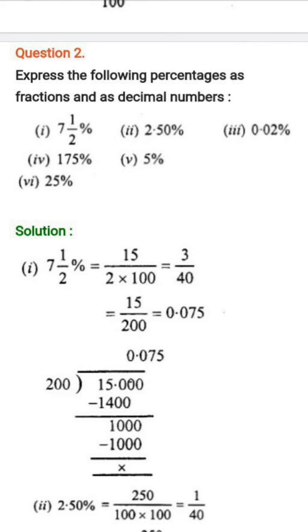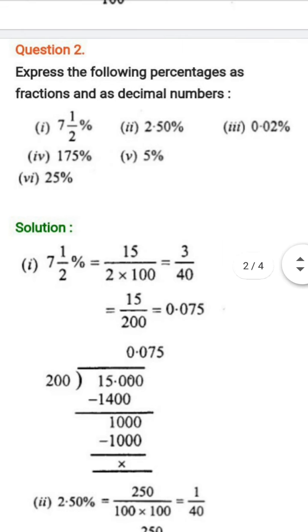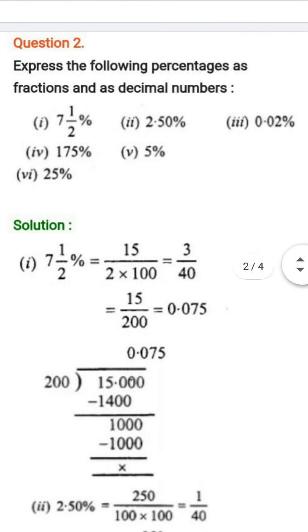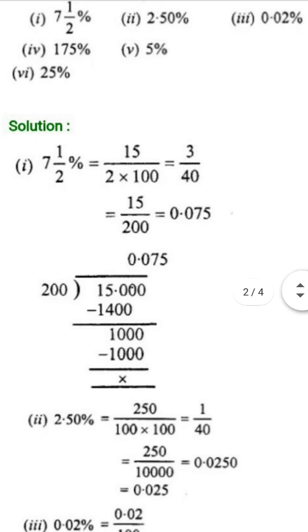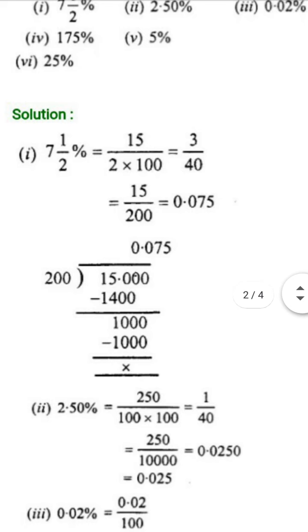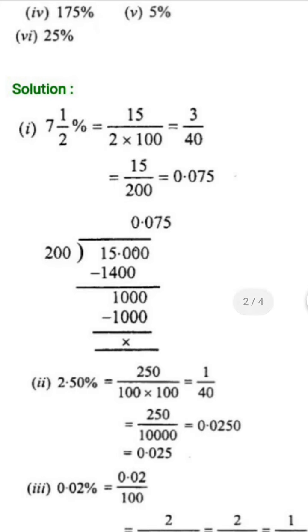divided afterward. But see, for 3 upon 40, multiply both the numerator and denominator by the same number. So we have multiplied both by 5. So 3 fives are 15 and 40 fives are 200. So 15 upon 200. After doing the division, what answer will we get? 0.075. Okay, got it now? I have done the division of 200 also here, so you can see this.